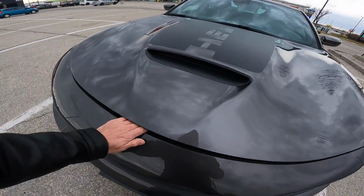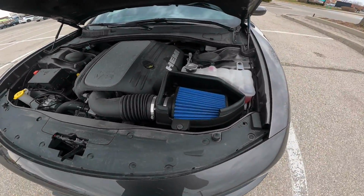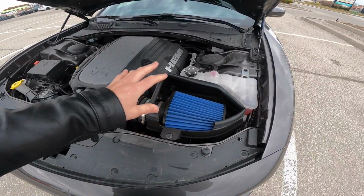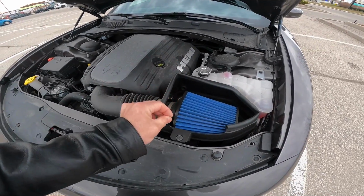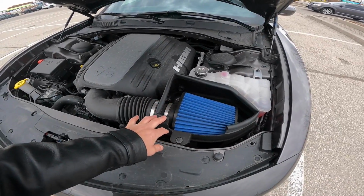Mod number 1 that I always do on my vehicles is cold air intake. I don't care what everybody says. It looks sexy. It changes the sound of your exhaust and definitely improves throttle response. I usually use Airaid. I had a Dodge Ram before. Airaid